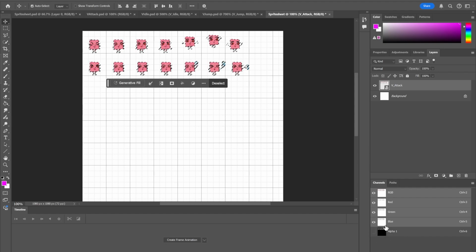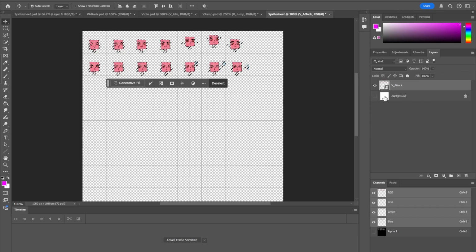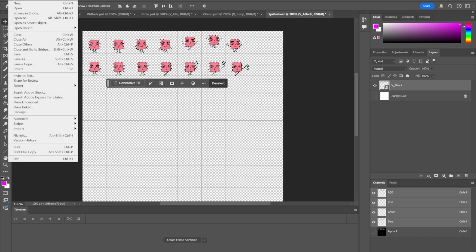So what that's done is created an alpha for your sprite sheet, so it will hold the animation info, that it has no background. But most importantly, now we have to turn off or just delete the actual background layer that normally is white. So what we do now is we go into File,